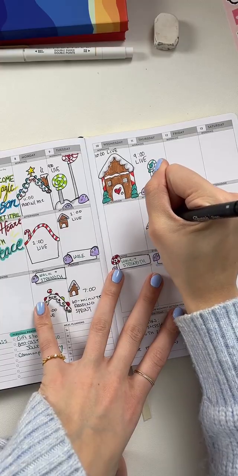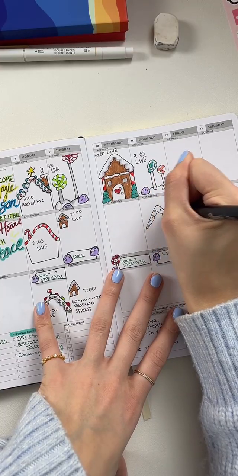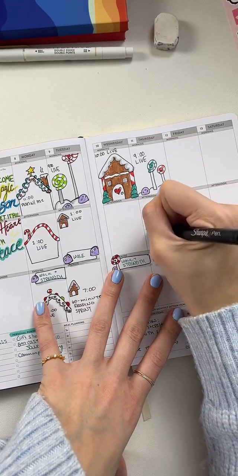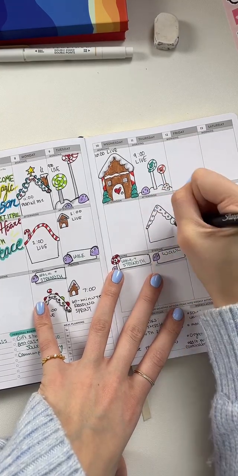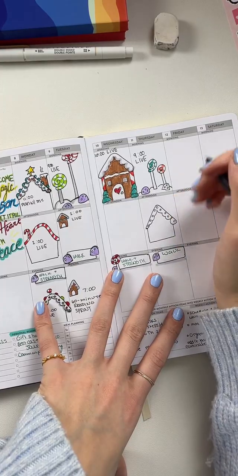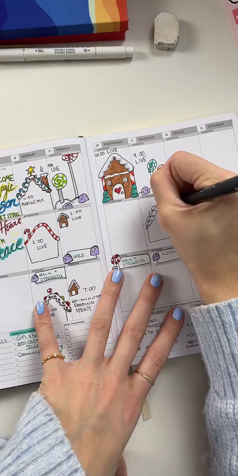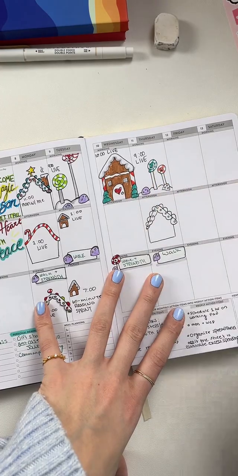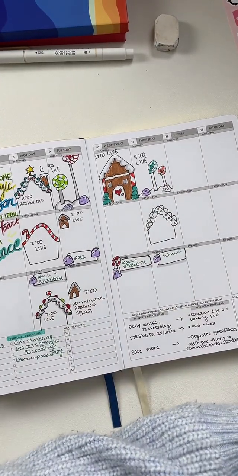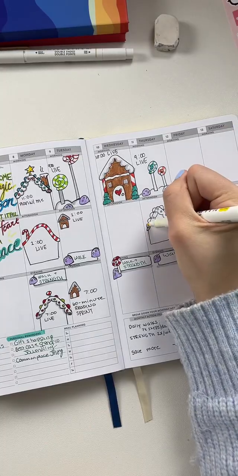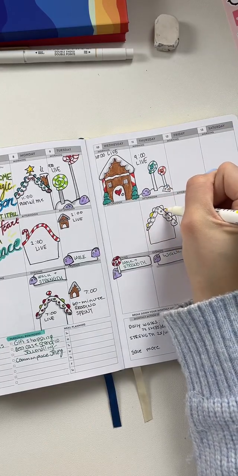And then gumdrops. Perfect. Then for those, we're going to color them in. Actually, we're going to do yellow. Yellow, yellow.